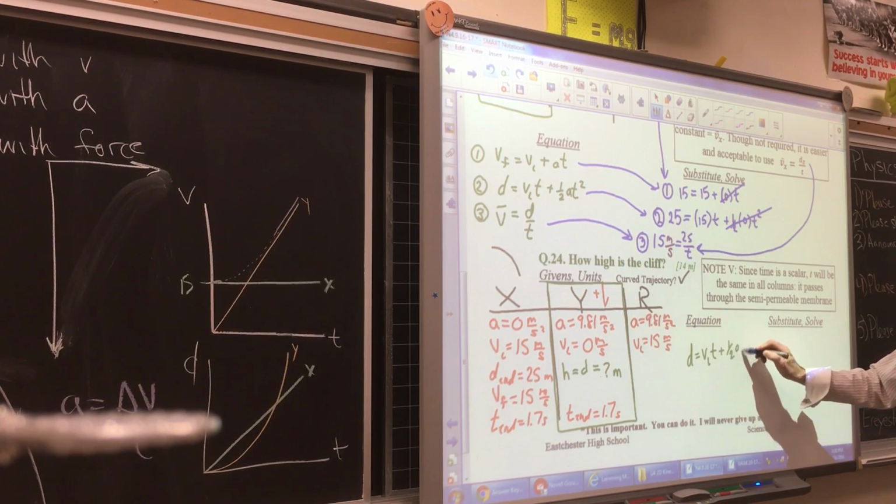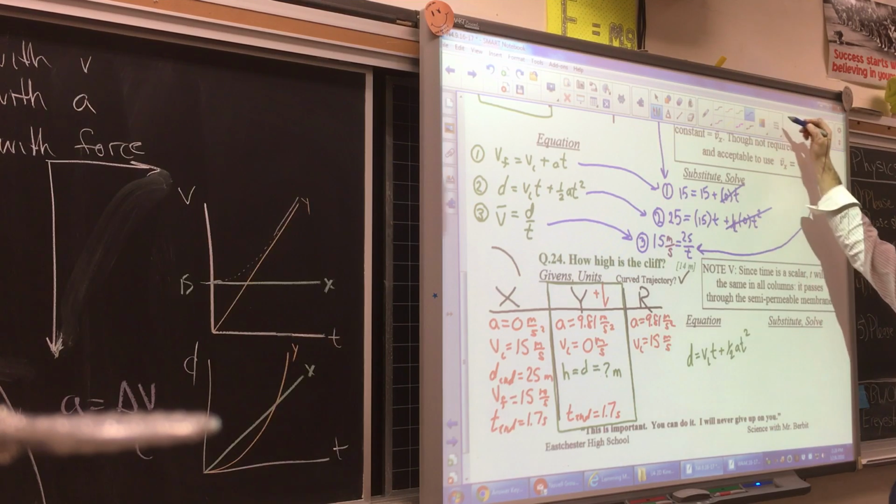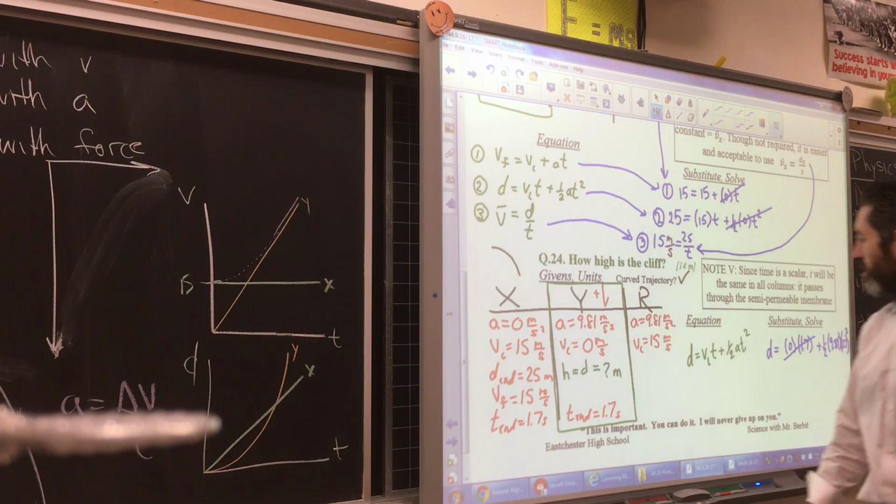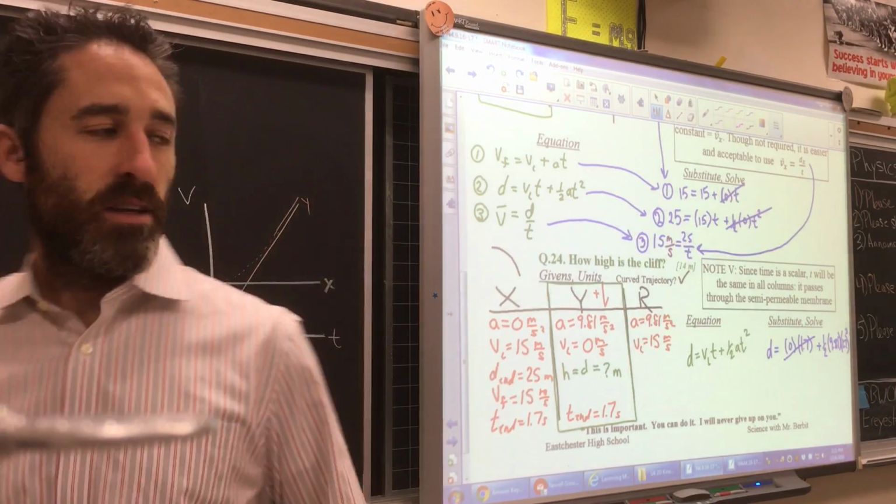Okay. Vi t plus 1/2 a t squared. That suits our givens nicely. And then when you substitute, d equals vi is 0 in the y column, times 1.7. Immediately what happens to this whole term? Cancels out. Plus 1/2 the acceleration we found to be 9.81, and the time is 1.7 again, t is squared, don't forget the square. And if you do this, you should get